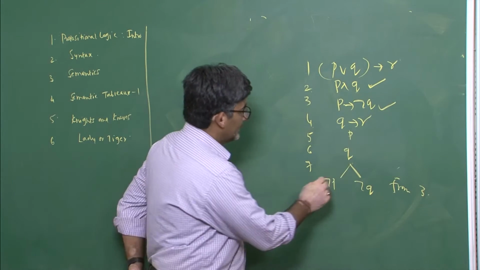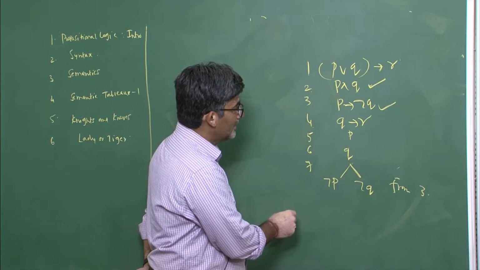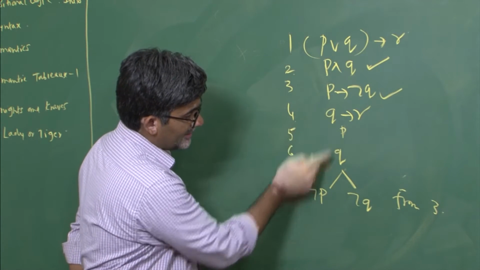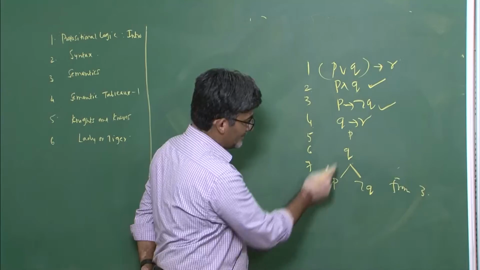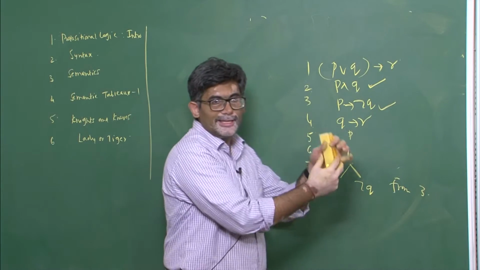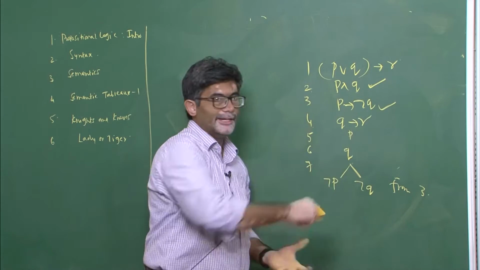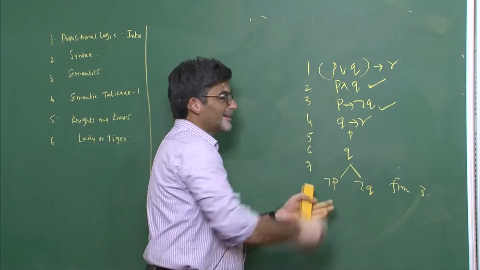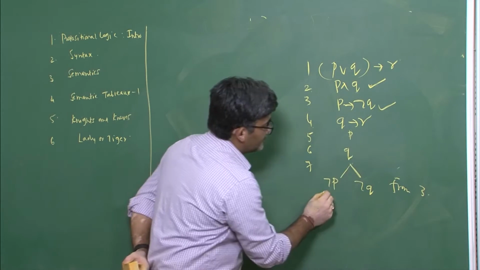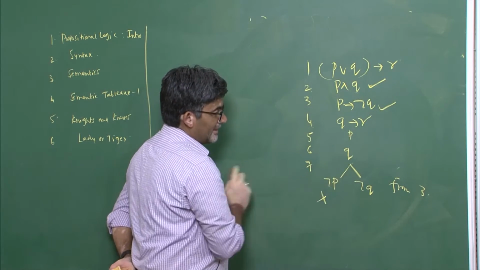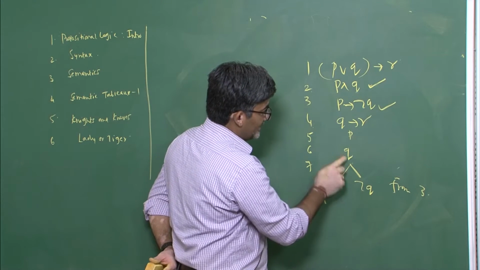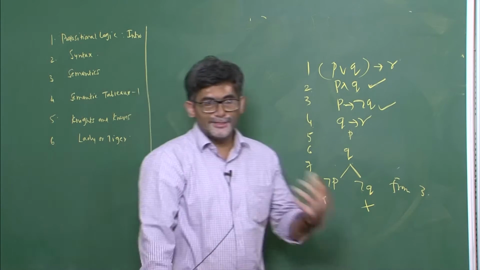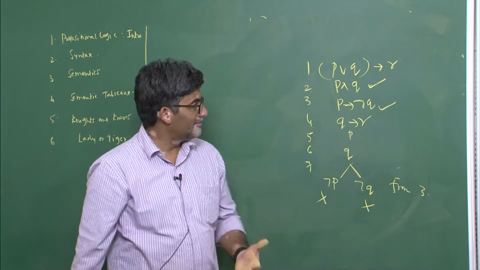Now each time when you apply this rule, you need to see whether a literal and its negation occur in any open path, or branch. Actually this is like an upside down kind of tree. All these formulas should be there here, but we have shifted it according to our convenience. Now this closes here because P and not P occur here, and even Q and not Q, this also closes here.